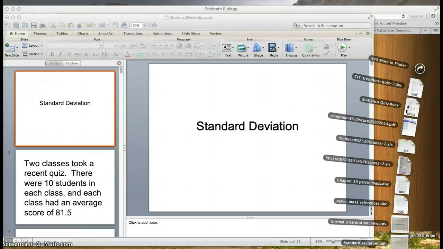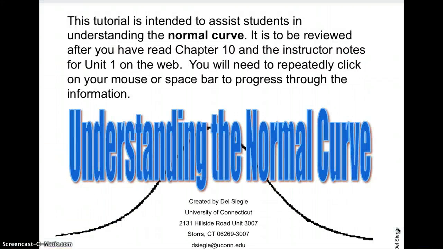In order to help you understand standard deviation, I'm going to go through a couple of different PowerPoints. The first one is from the University of Connecticut, talking about the normal distribution bell curve associated with standard deviation. So in other words, how do you graph what's known as standard deviation? Standard deviation is a numerical value that you calculate, and so this PowerPoint presentation is going to show you how